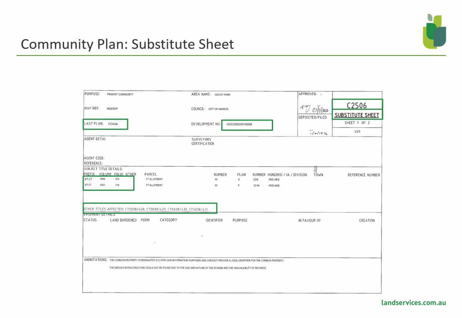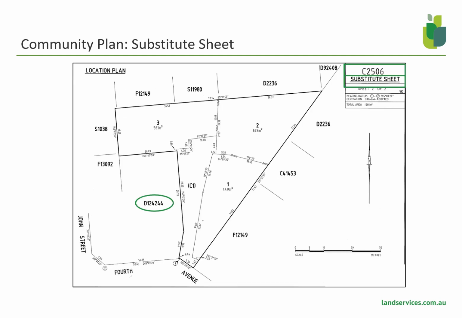The new amendment plan comes in under the Community Titles Act because they lodged their LR dealing up front. So this is a conversion and therefore keeps its original strata number, but is shown as C2506 now. Everything else is the same as the previous amendment plans as regards substitute sheet labels, the last plan reference, etc. But in this case, they didn't have a development number shown originally, so only the new one is shown. The diagram sheet looks just like a new community plan with the lots defined by full data. The plan number is now C2506. It is shown as a substitute sheet and our division plan becomes our abuttal.